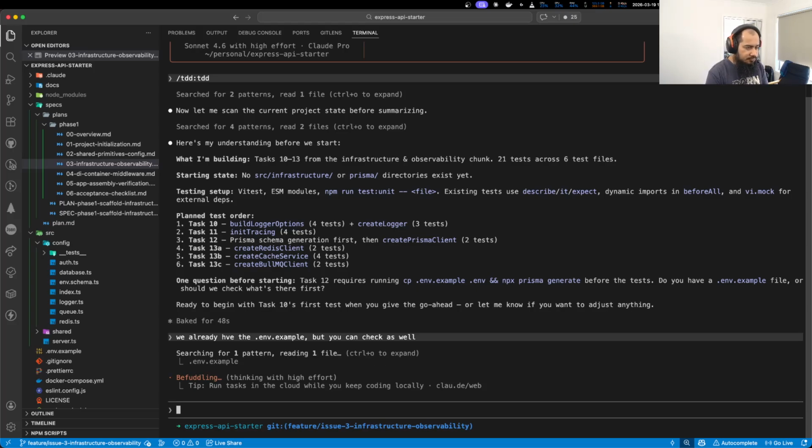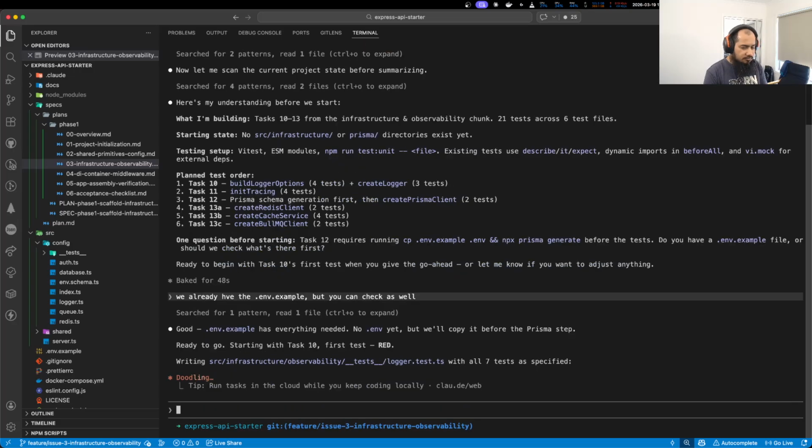Exciting. So now it's starting with task 10, first the test, the red one.